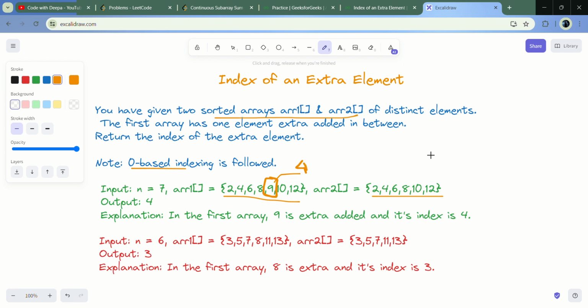Now to solve this problem, we can use an approach with a time complexity of order of n. We will start traversing the first array and keep checking the elements. The elements in my first array are 2, 4, 6, 8, 9, 10, and after 10 the last element will be 12. If I copy the elements of the second array also, they will be 2, 4, 6, 8,